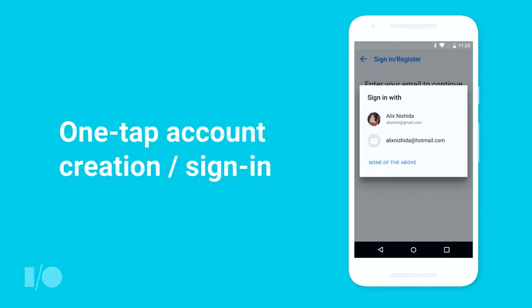I'm showing an example here from the Zillow app, and you can try this out yourself. They show the email picker dialog first, which allows the app to intelligently steer the user to sign in, to sign up, or to even remind the user that they need to use Facebook or Google to log in because they don't have a password.